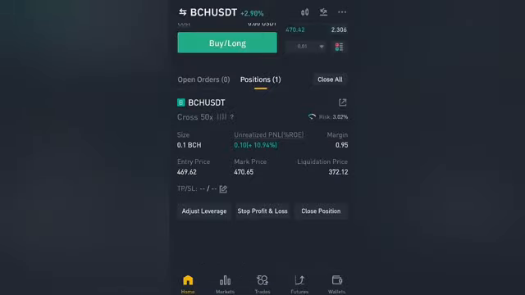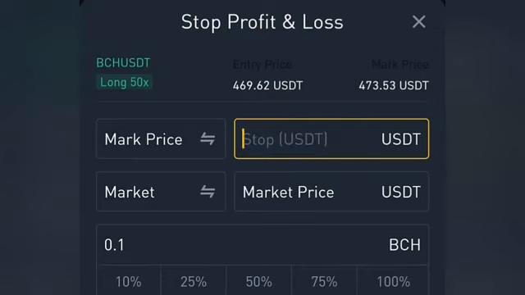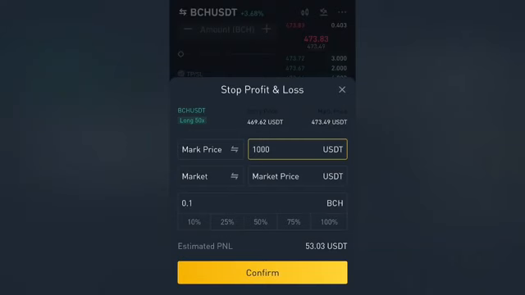In this trade, if I want to select my take profit and my stop loss, I would have to click on stop profit and loss. When I click on this, I can select the price at which I want to take profit or the price at which I want to stop my losses. Let's say on this trade I want to take profit at around 1000. The estimated profit would be 53.03 USDT. That means this would be the profit I would make if I closed my trade at around 1000 USDT per Bitcoin Cash. So if I confirm this,